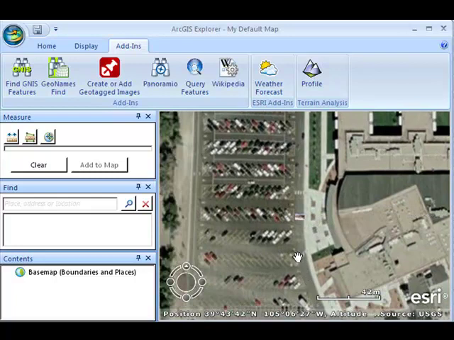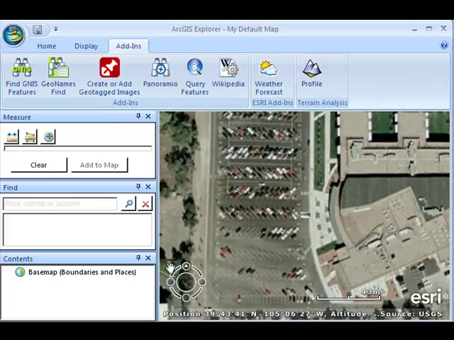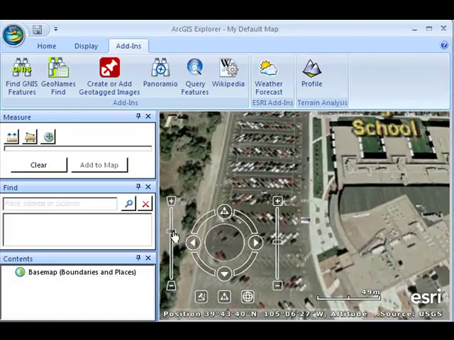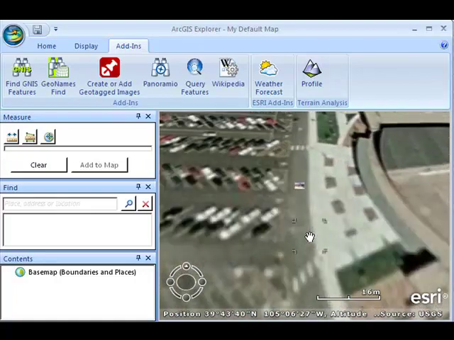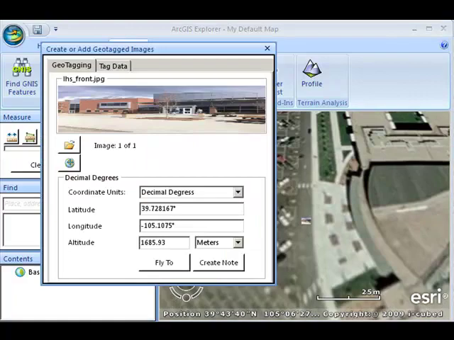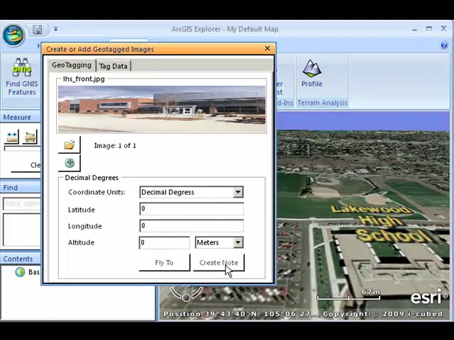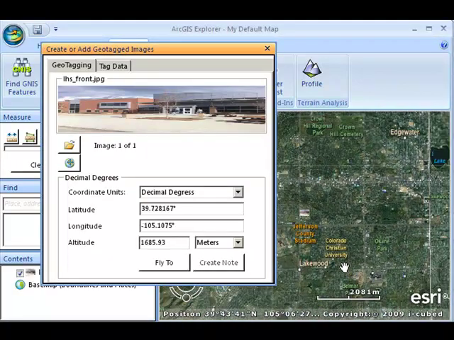There is the image. Click on that, and it shows me my path in its correct position. I can also tilt the image and see it a bit better. Now what I can do is I can create a note right there. Let's go ahead and do that. Then close this,